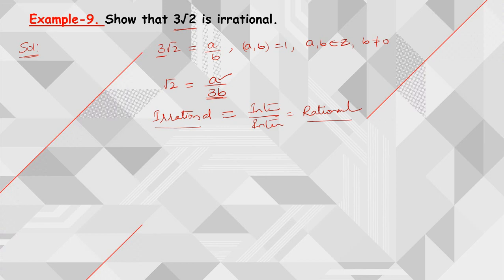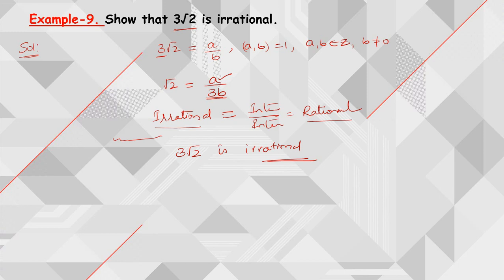So from this what we can say? We can simply say that 3 root 2 is irrational because our assumption is wrong. So we are going to write here that our assumption is wrong, and from that we say that 3 root 2 is an irrational number, right? So this is one more model, which is very simple.